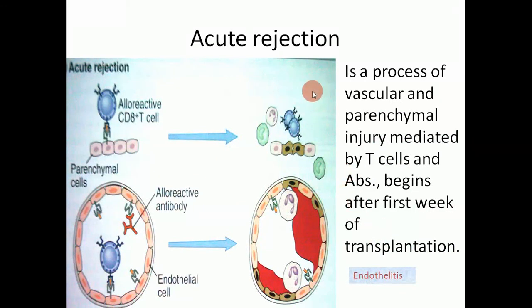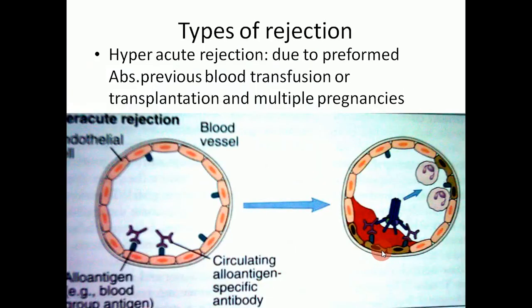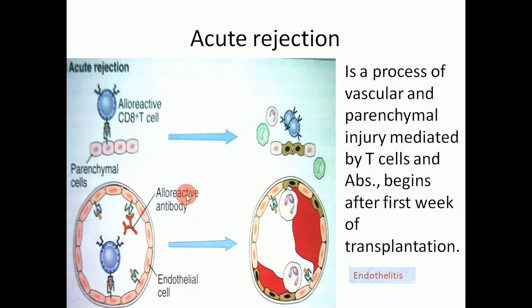And acute rejection is a process of vascular and parenchymal injury, which is mediated by T cells and antibodies, and which begins after the first week of transplantation. And in hyperacute rejection, this occurs within minutes. The patient is still in the theater, and rejection occurs in the operating theater. While here, after weeks or months, the